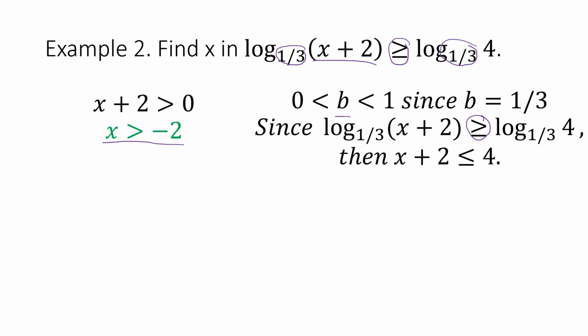Okay, going back, by solving for the value of x, we'll add -2 to both sides, and you'll get x is less than or equal to 2. Because when you add -2 here, 2 minus 2 is 0, you'll be left with x. Here, 4 plus -2 or 4 minus 2 is 2. So x is less than or equal to 2. Now, combining these two solutions,